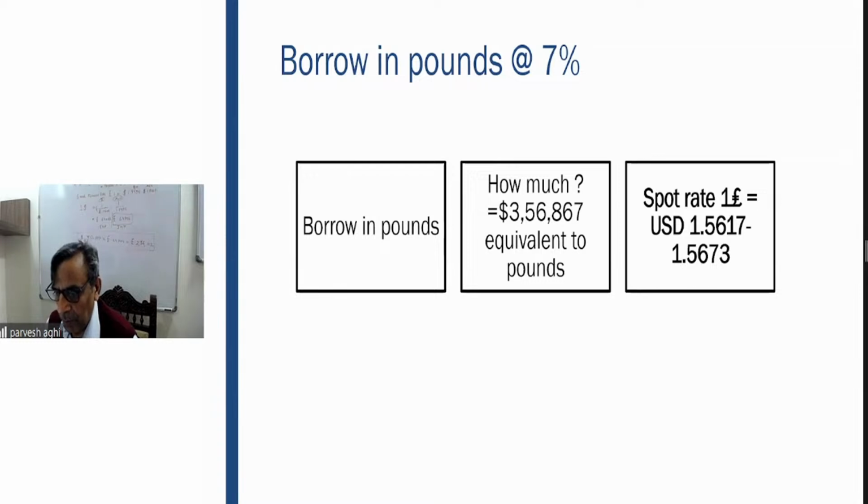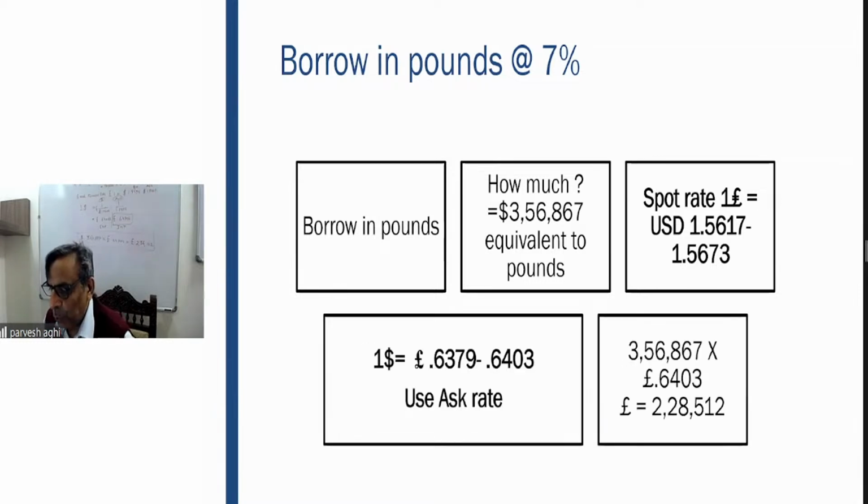the amount in pounds, which will be 2,28,512 pounds, which is nothing but equal to $3,56,867, which he is going to send to the US and invest there. And after his investment period is over, his amount will become equivalent to his dollar liability. So this was just a kind of back-calculation to find how much he is supposed to borrow